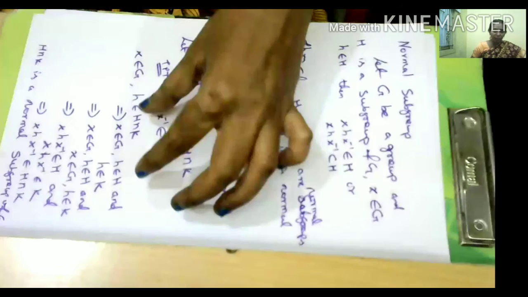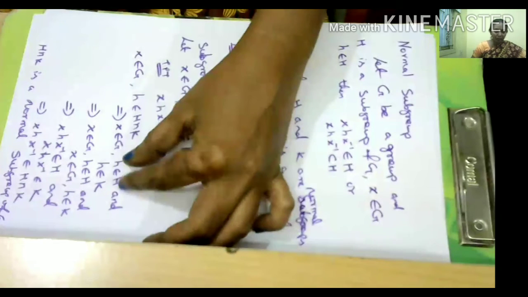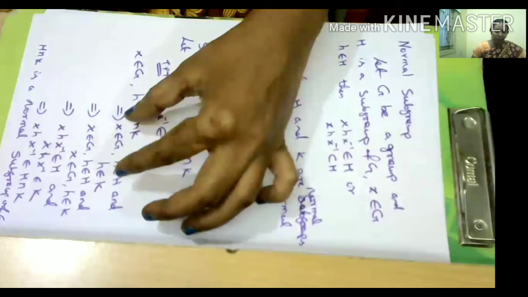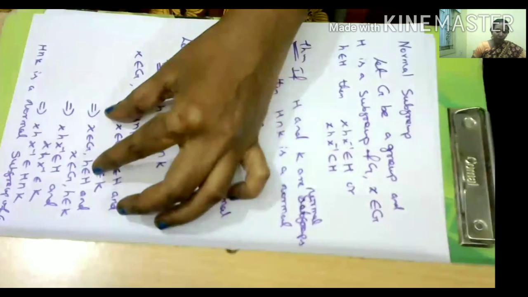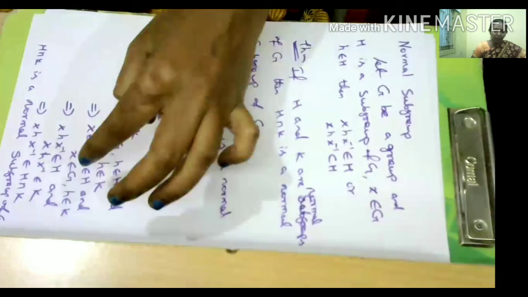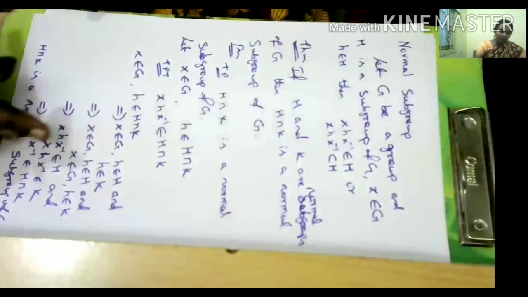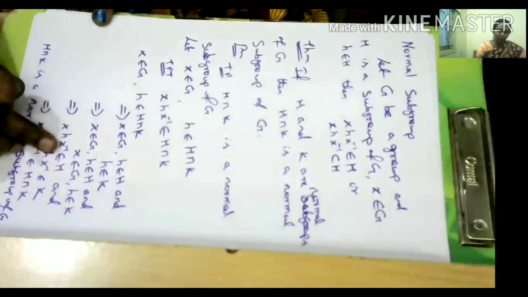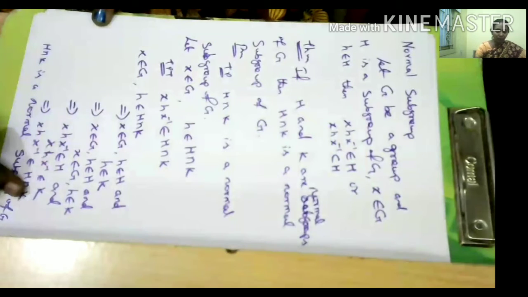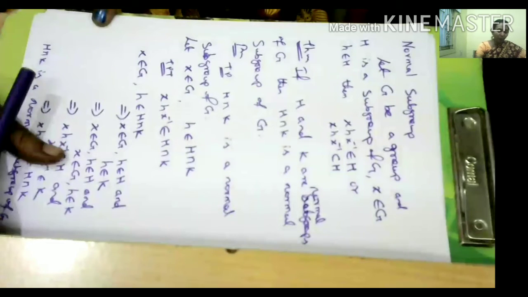Again by using the intersection procedure, x belongs to G, h belongs to capital H and h belongs to capital K. Combining the two statements, x belongs to G, h belongs to capital H, and x belongs to G, h belongs to K. Again H and K are normal subgroups, that is our assumption. By using that, we write x h x inverse belongs to H and x h x inverse belongs to K. By using the intersection procedure again, x h x inverse belongs to H intersection K. Then we can conclude H intersection K is a normal subgroup of capital G.